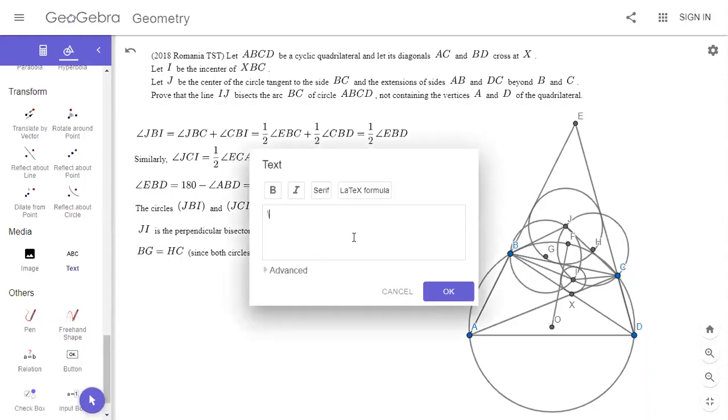So we have angle FBG is equal to angle FBI minus angle GBI. And that's equal to